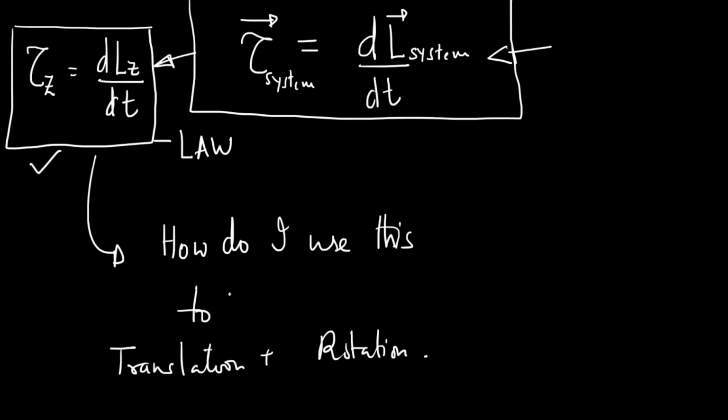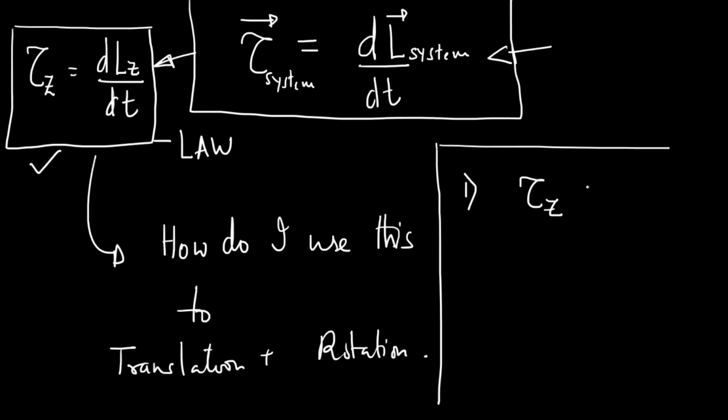Okay, so I'll tell you, it's pure common sense. First, we need to ask ourselves a question. Can I find out tau? Okay. Is it possible for me to find out tau? Next, can I find out LZ? Oops, it's worth writing system every time. Okay, can I find out LZ system as a function of time? Okay,